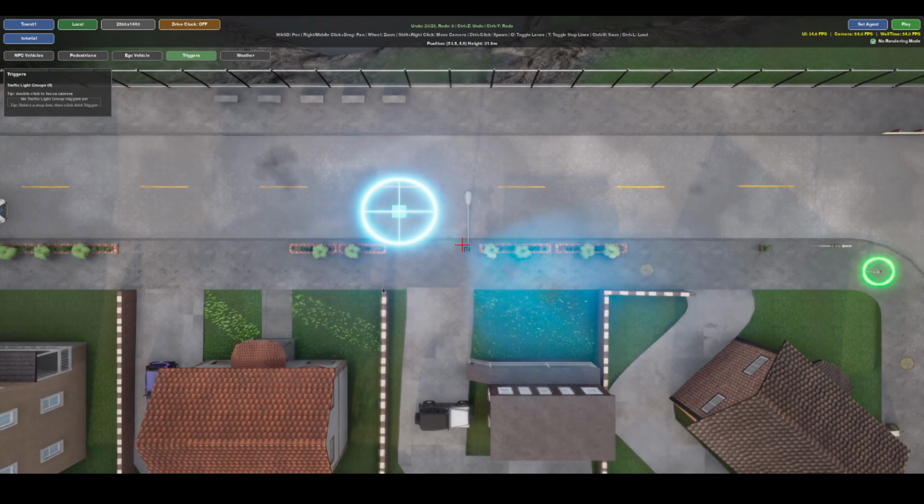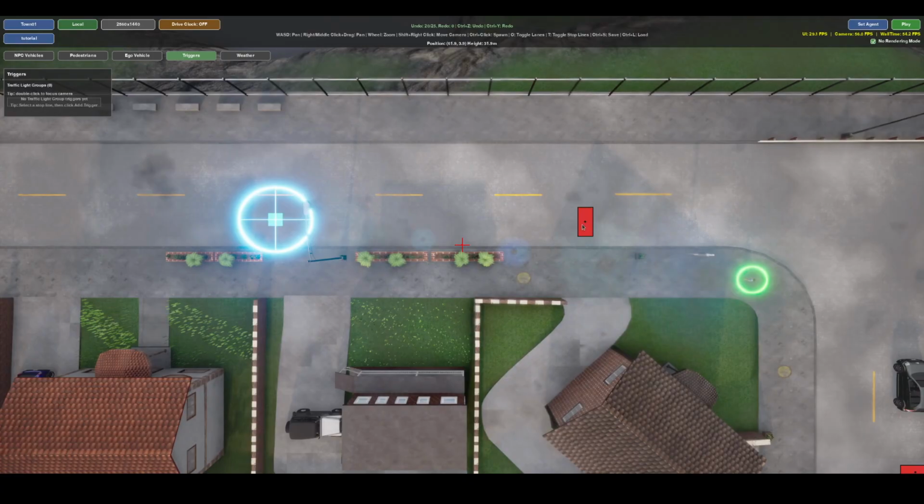Now you might ask, why did the Ego vehicle stop? Well, in this map there are also traffic lights, and here's the stop lane. And Ego stopped because there was a red light in the traffic light. Now, to remove the randomness factor, we can set the triggers for traffic lights as well by clicking a trigger button,